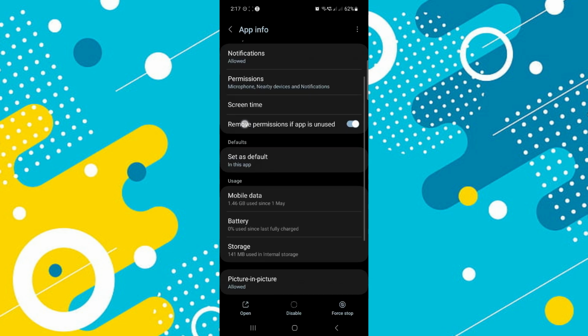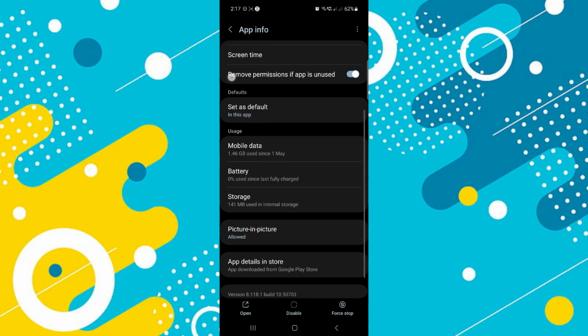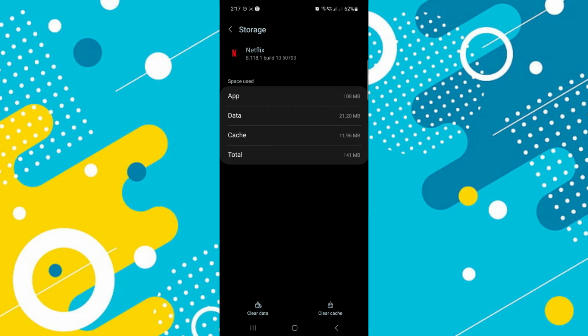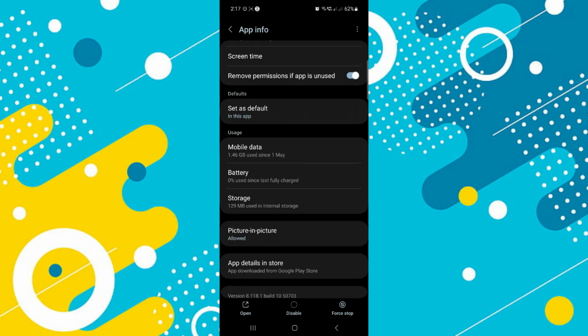After you go back, you have to scroll down until you find the option of storage. If you find the option of storage, and if there is any cache, you need to delete the cache. After you tap on the storage, you have to go to the option of clear cache, and this way your cache will be deleted. After that, you have to go back,